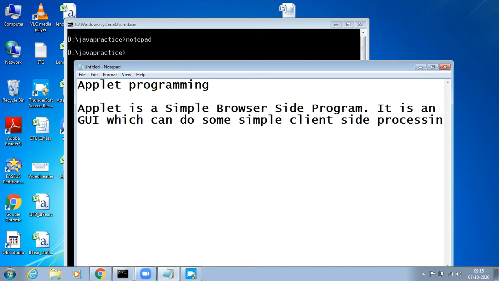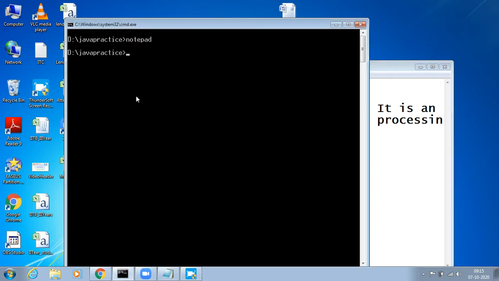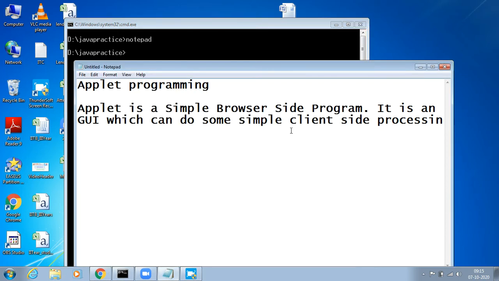Till now, maybe in Java you might have seen something like command line programming. This is the command line. So every input or output you have seen is in the command line. So how do you see a program in a GUI? See, GUI is called graphical user interface. It means when a user wants to enter any data, or wants to view any kind of pictures, how can he do that in the form of a window or a graphical page? That is all about applets.